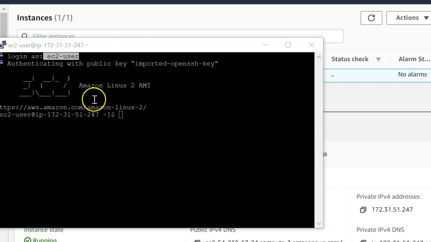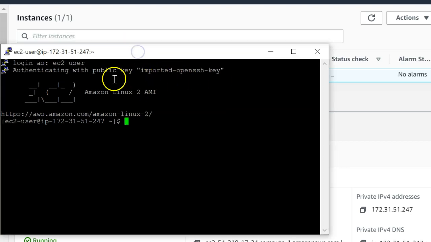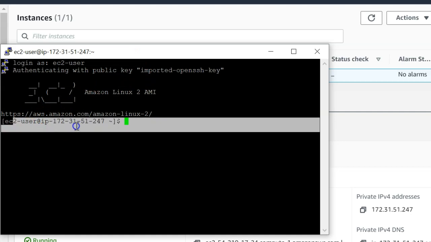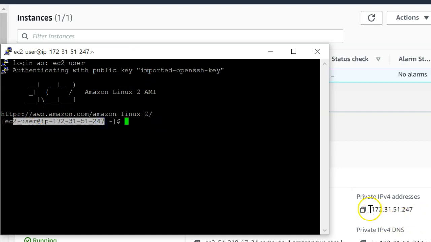If you are using an Ubuntu Linux machine, enter ubuntu instead of ec2-user. Now we are connected to our EC2 instance; you can see the private IP address 172.31.51.247. Now let's change the user with sudo -s.